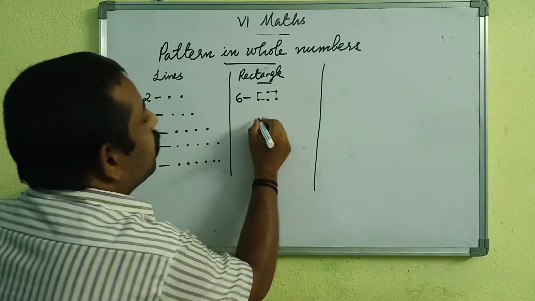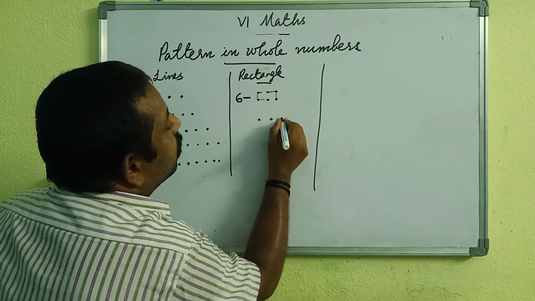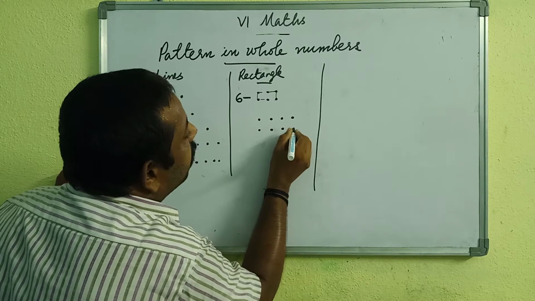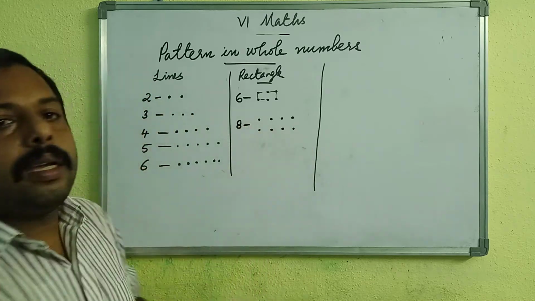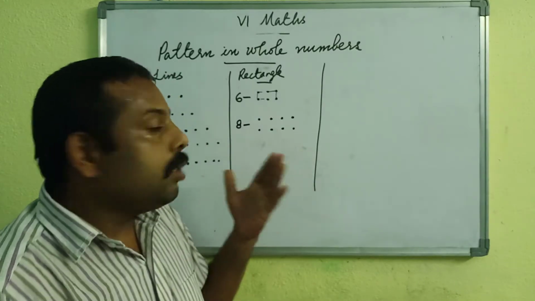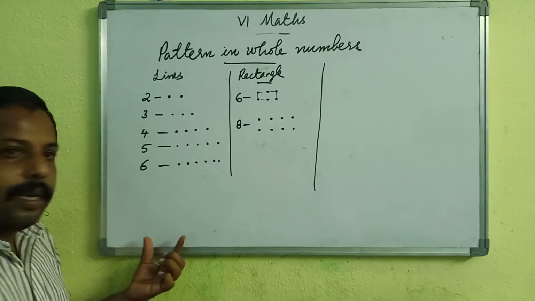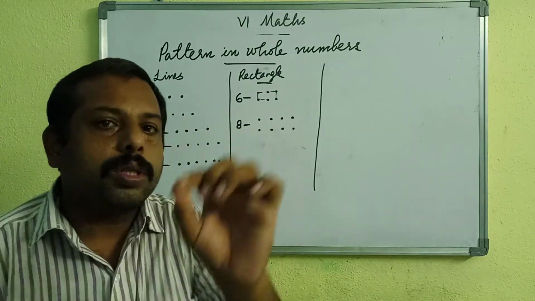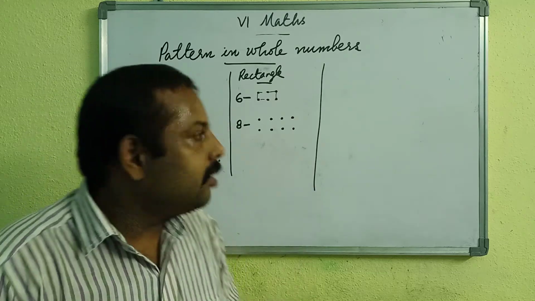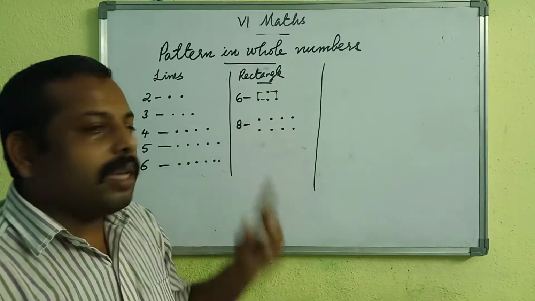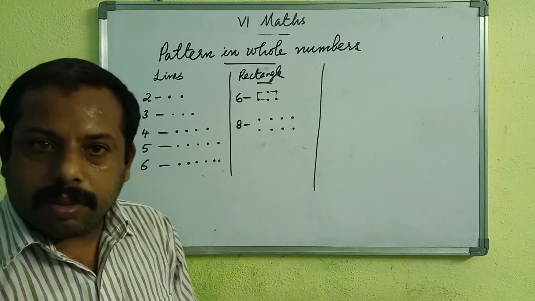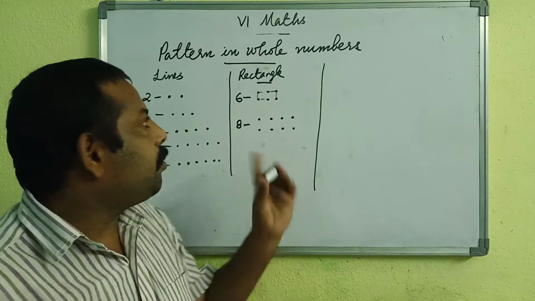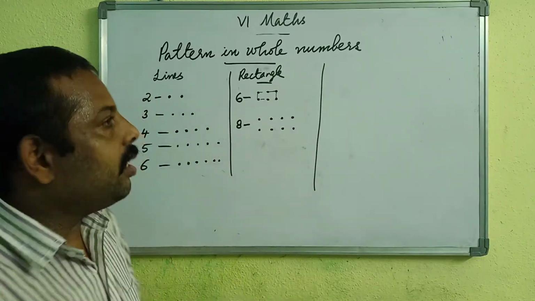Let us take another example. 1, 2, 3, 4, 5, 6, 7, 8. 8 can be represented as a rectangle. You have already learned 8 can be represented as a line also. Every number can be represented in the form of a line. See, 2 can be represented as 2 dots. So when you unite that, you will get a line in the same way. So rectangle, 6, 8. Again, you can find so many numbers like that, like 10, 12, 14, 16, 18. These numbers can be represented as a rectangle in their elementary form.